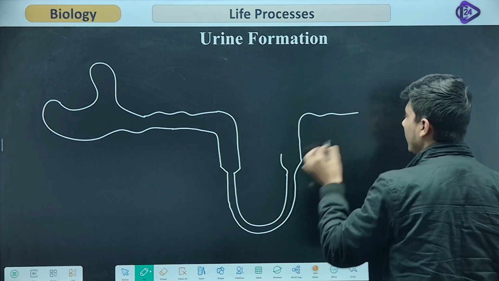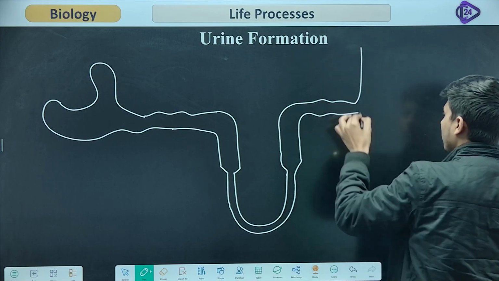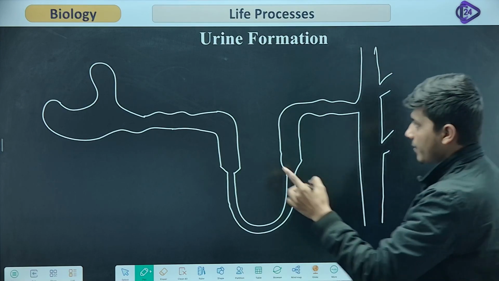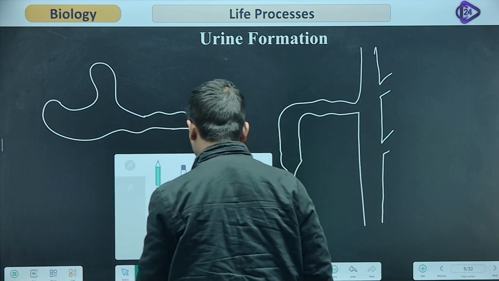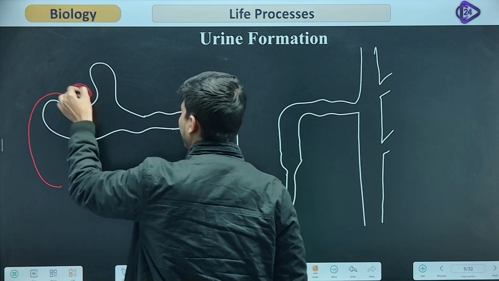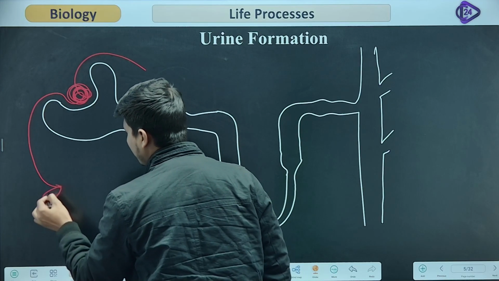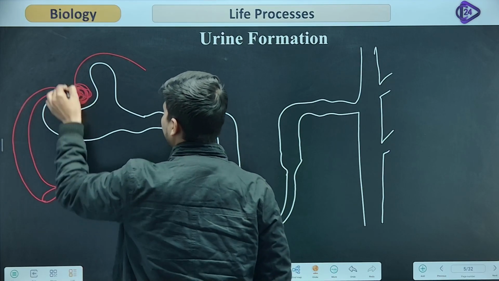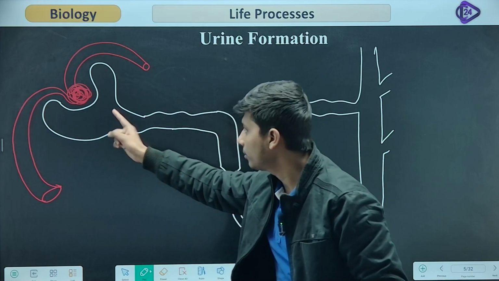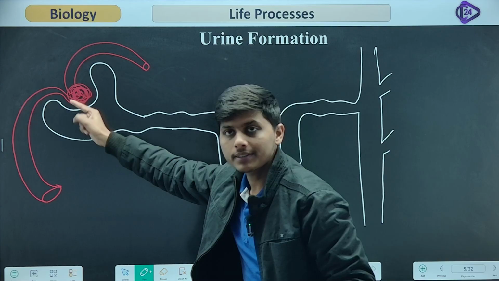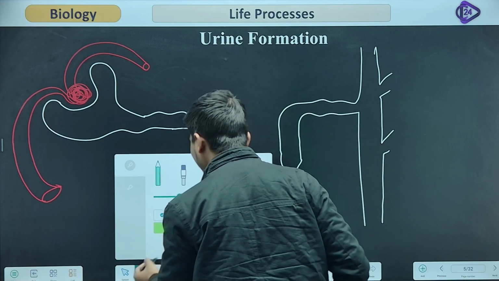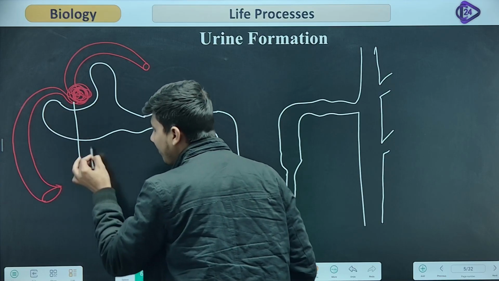Now you tell me the names of the parts of the nephron. The impure blood comes into the nephron. Here the blood gets purified. Why does the blood get purified here? Because in the glomerulus takes place the first step,